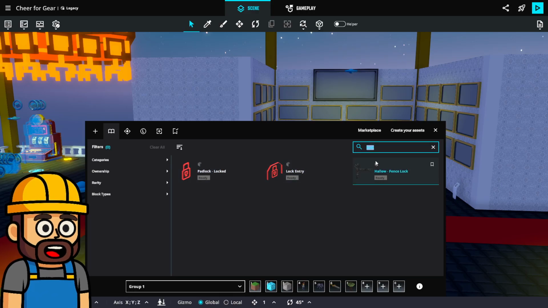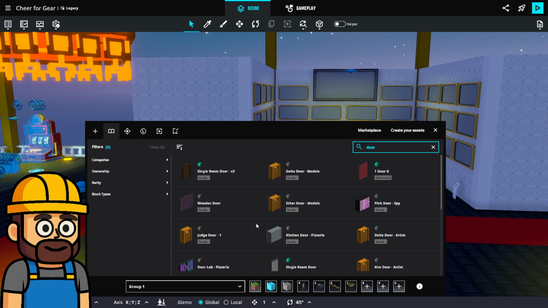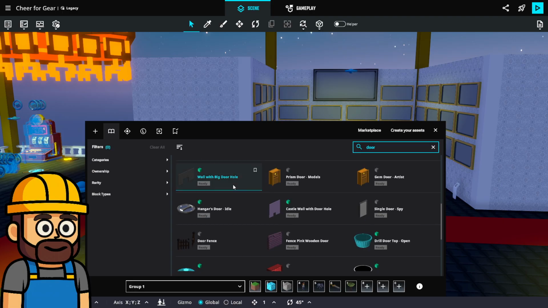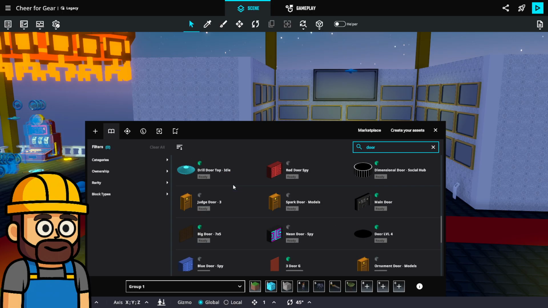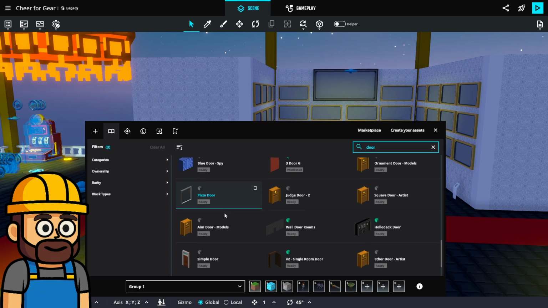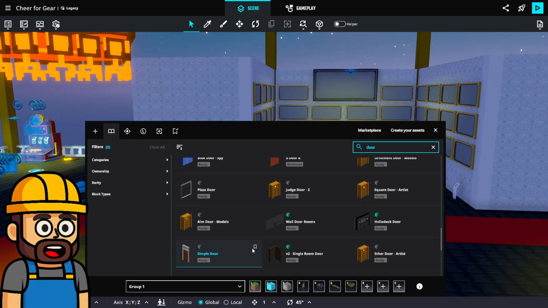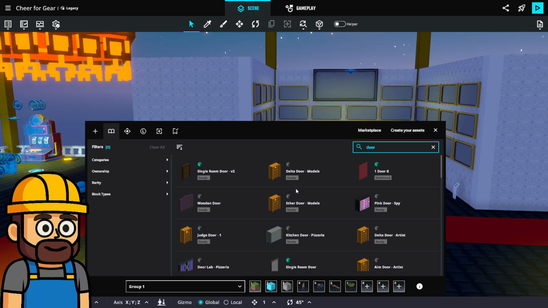What was the door? I'm trying to think of the name of the last parkour thing we did in the volcano.